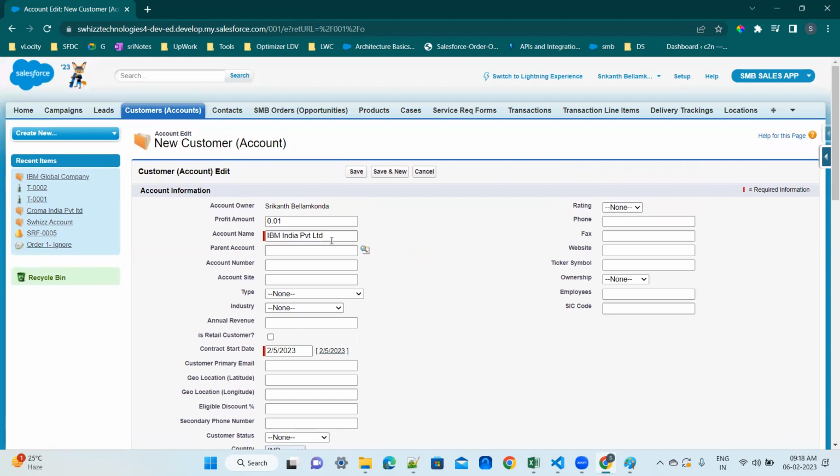This is IBM India. IBM India is a child to the IBM Global or not? Obviously, right? So here you can see parent account, which is already given by Salesforce. You need not create it. Here you can see parent account, right? When I open this one,